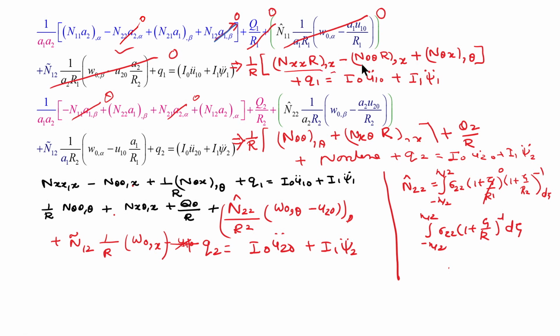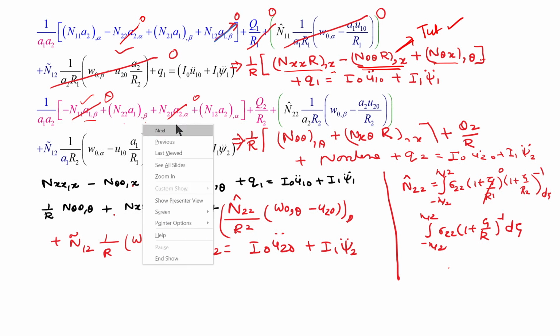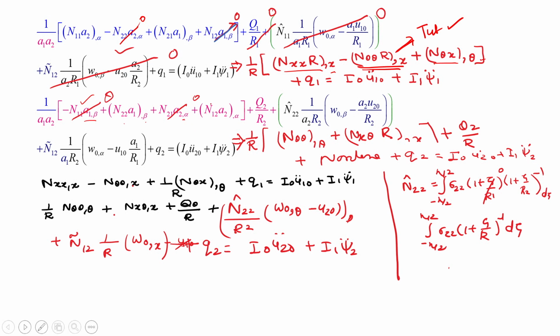Nxx whole derivative comma X and N theta comma theta. Then I will have to check it, this equation. So, I will clarify in the tutorial part or the next lecture. Then we have a second equation 1 comma beta. So, definitely 1 comma beta will not contribute, but here N theta theta comma theta and A2 comma alpha. So, it will also not contribute and the second term will come up.